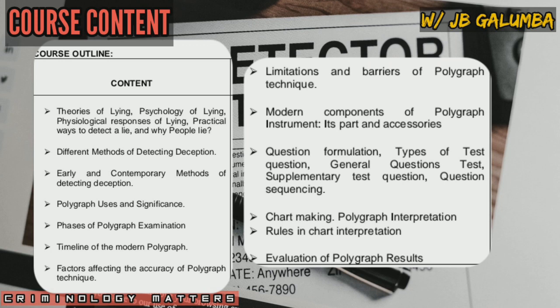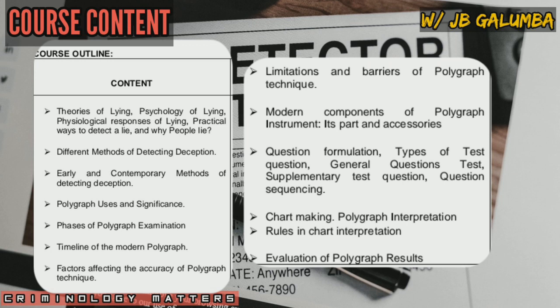These are all part of the chart making. Okay? So if we have a good chart, we can interpret it effectively also. So basically, the person who makes the chart should also be the person who will interpret the chart, so that the efficiency or the